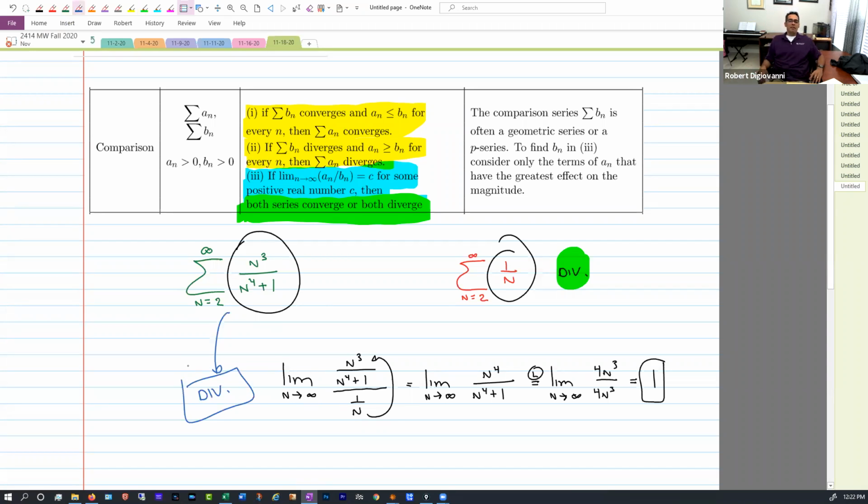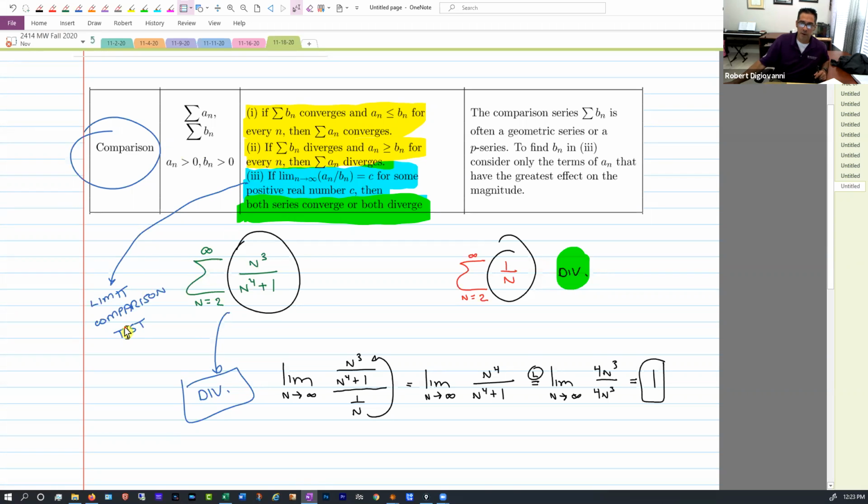Bam, what do you think about that? Isn't that one nice? Yeah, that was pretty cool. Because 1 over n did not work for us when we tried using this version. But when we use the third version of this, it does work, which is weird, but it does. So this is sometimes referred to as the limit comparison test. Now, in this book, they throw it in, or we're throwing it in with the comparison test, but this specific one is called the limit